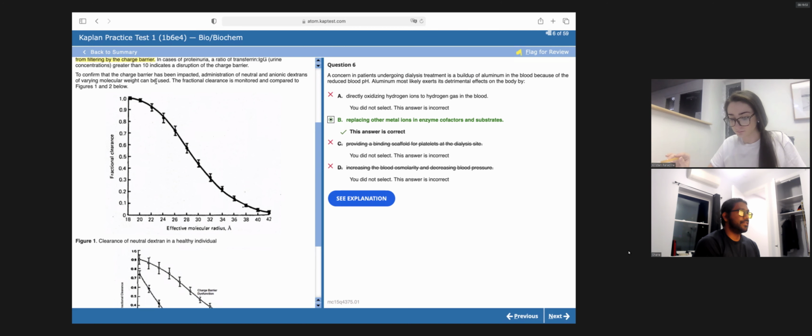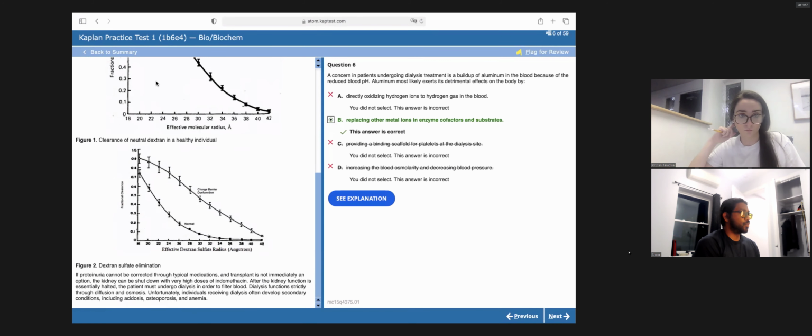Okay, so that's in figure 2. This is where they're still using size, like radius, but they're using dextran sulfate, which is an anion. Yes. So if it's normal, you should get that kind of curve where you want good clearance,